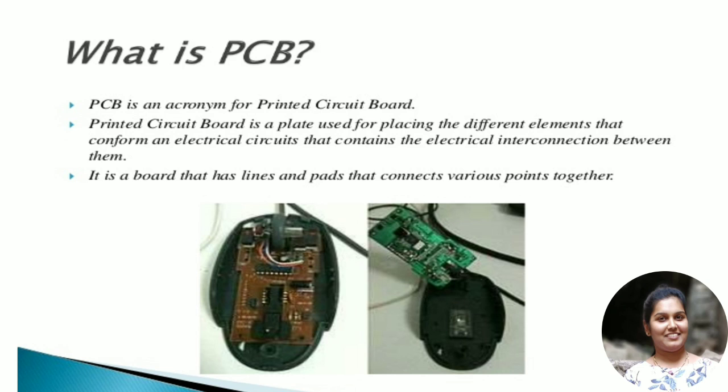So a PCB consists of several tracks, lines and paths to electrically connect different electronic components. Components means you can see various resistors, capacitors, transistors, etc., which are designed for that particular application. A PCB consists of a substrate on which copper material is laminated to create a conducting path between the different components.